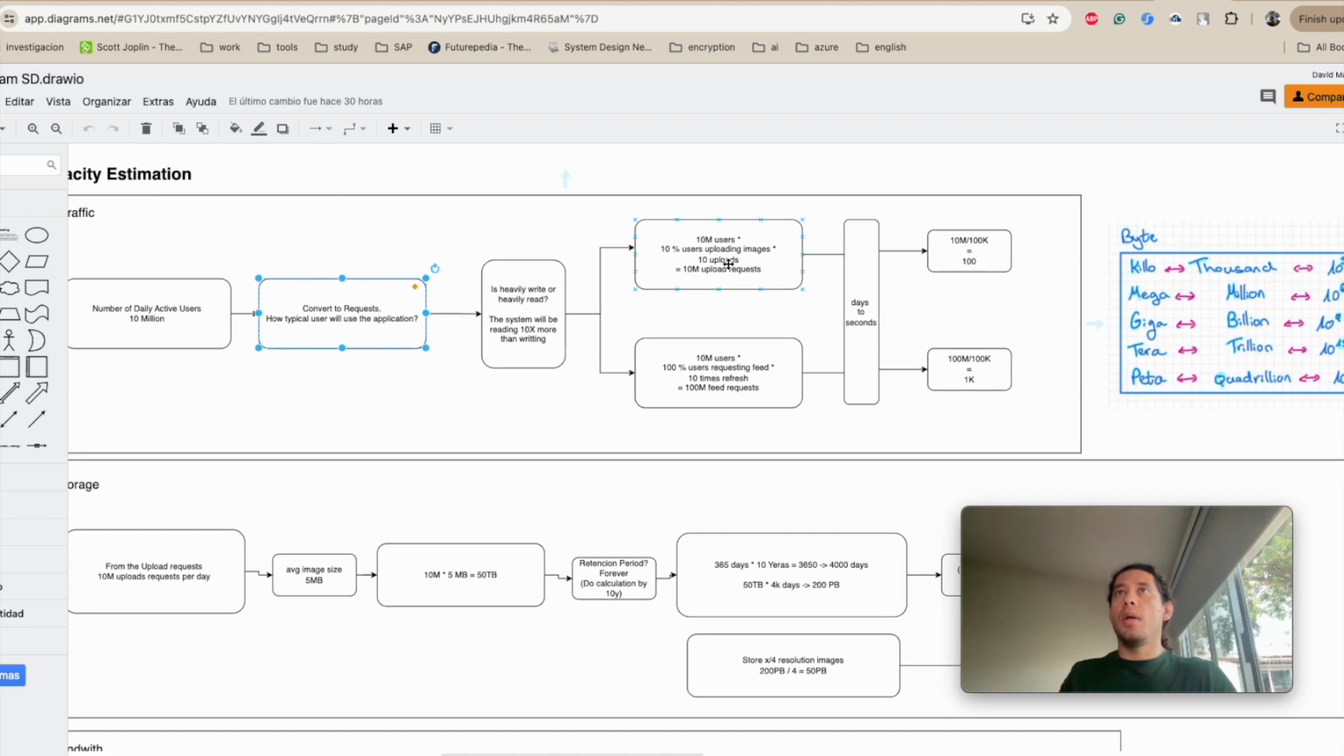For example, we know that we have 10 million daily active users, and only 10% are going to be uploading images. Each one is going to upload 10 images, and that gives us 10 million upload requests. And we do the same calculations for the reading. Then we transform that calculation from days into seconds, and that gives us 100 writing requests per second and 1,000